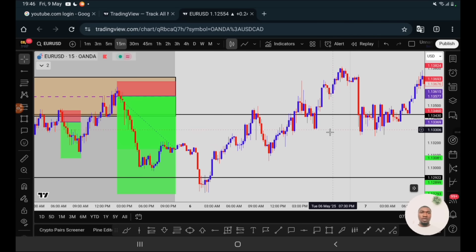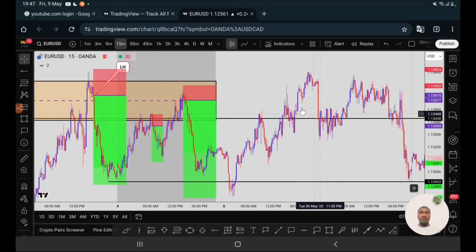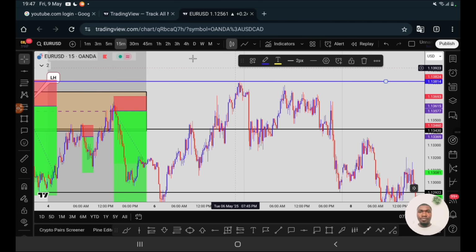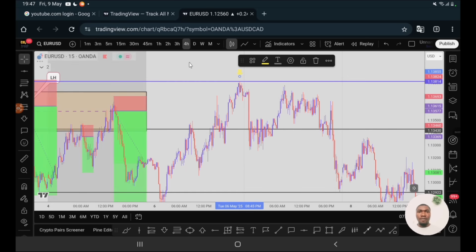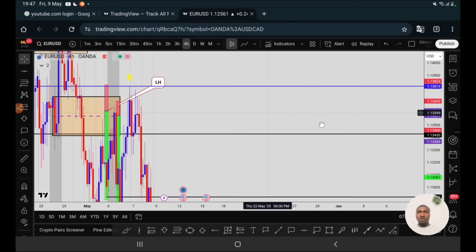Price came and started playing around, so you stay away from these buys. Price took out this low, you started looking for what is happening. So let's see what's happening here in the higher time frame. Go to higher time frame and see what is going on, which zone price was trying to retest. H4. So in H4,